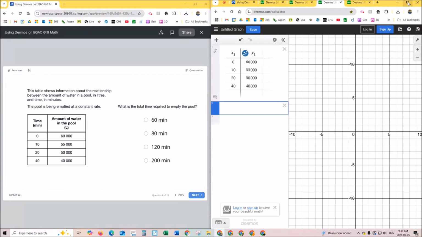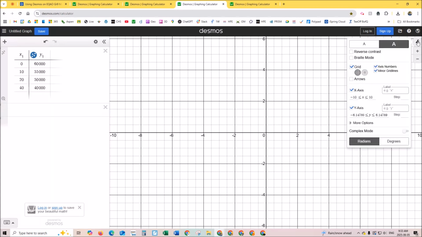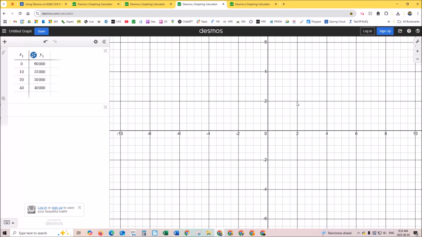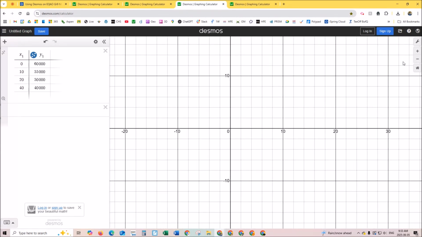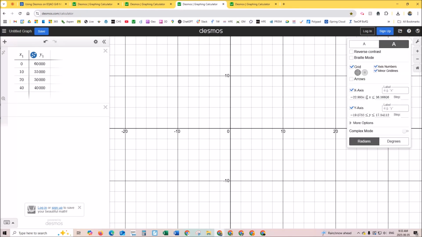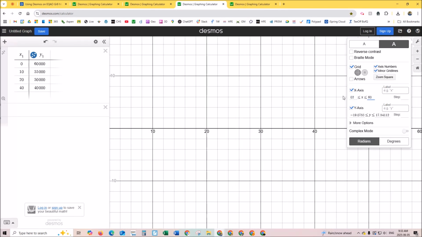Now I'm just going to make this a little bigger so you can see all the features. So there it is, but again, when I look at it, it doesn't appear to be what's going on. So I'm going to go to the settings. So the graph setting is up here, and this is where you can change this. Now you can scroll in and out using your trackpad, but of course this is pretty far, so the settings feature is better. I've got some X's going from 0, so I'm going to go 0 to maybe 60,